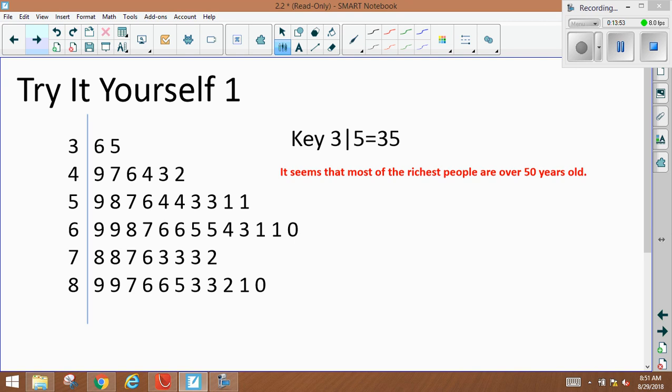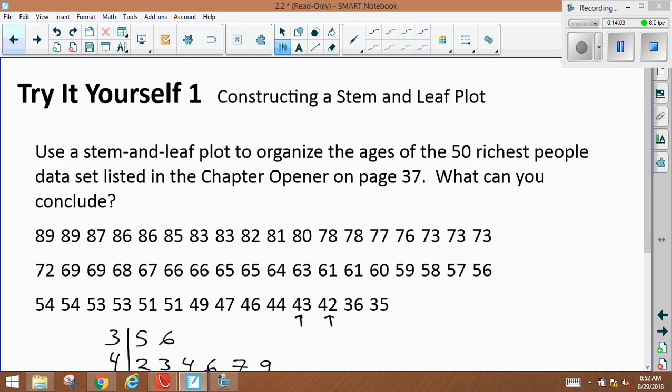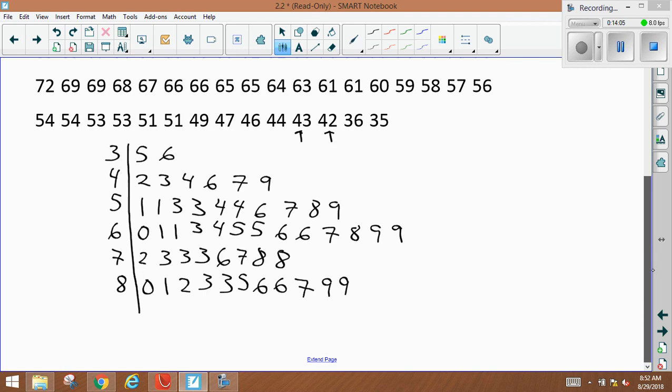I didn't write my key. Mine was wrong. I got so caught up. So let's make our key. I'm going to say 5/1 represents